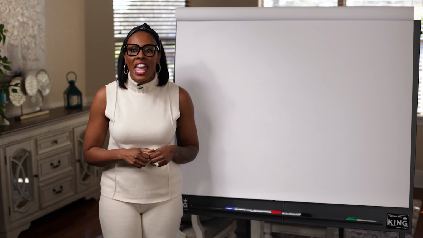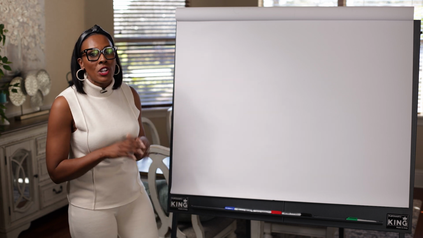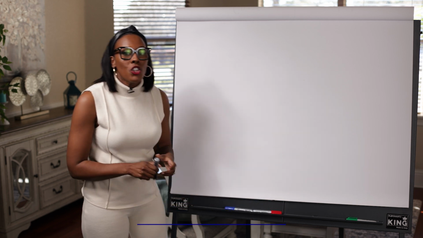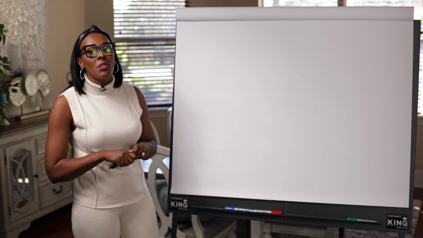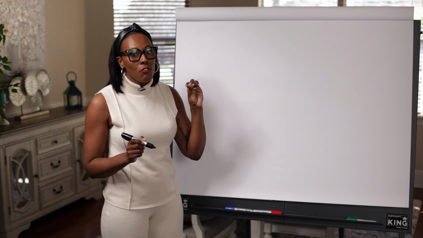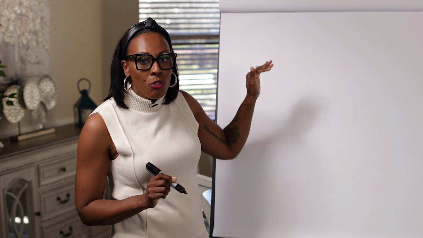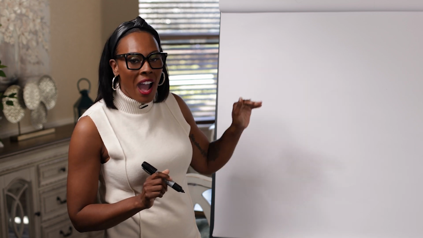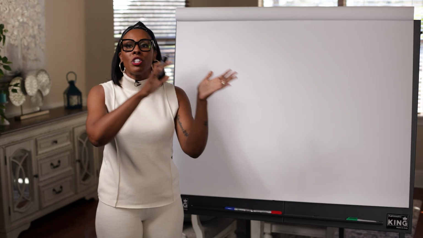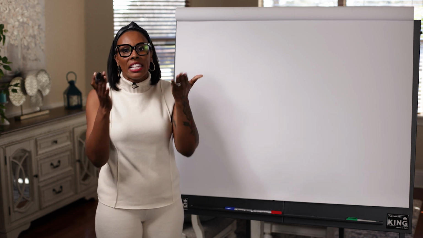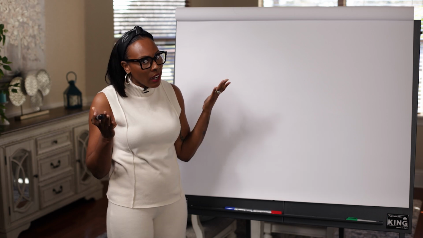So let's start with NOI. NOI stands for net operating income. When it comes to real estate investing, your net operating income is one of the best calculations to see if you're actually making money. So in this example, I'm going to show you how to figure and calculate your NOI, because this calculation fits into all of the other different calculations and it helps you decide, is this a good investment or is it not a good investment?